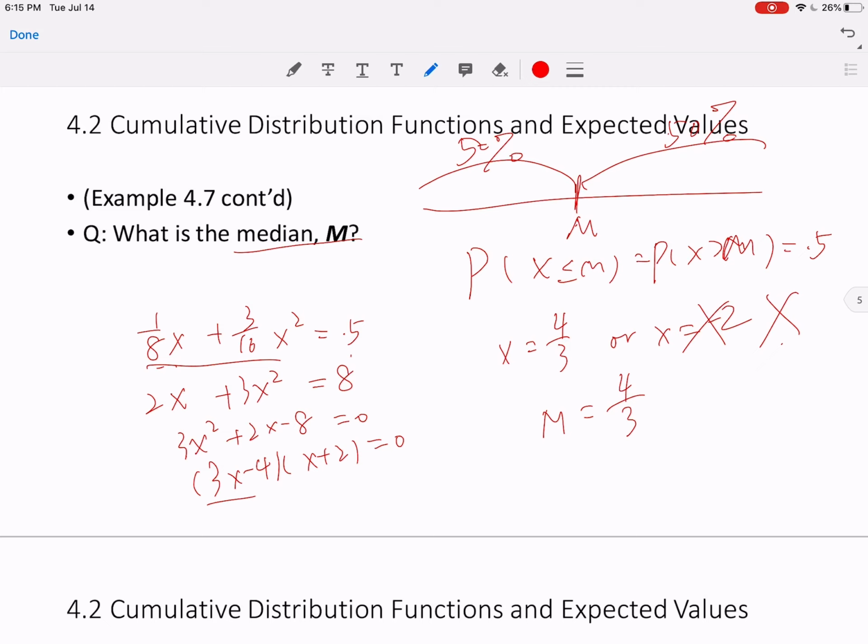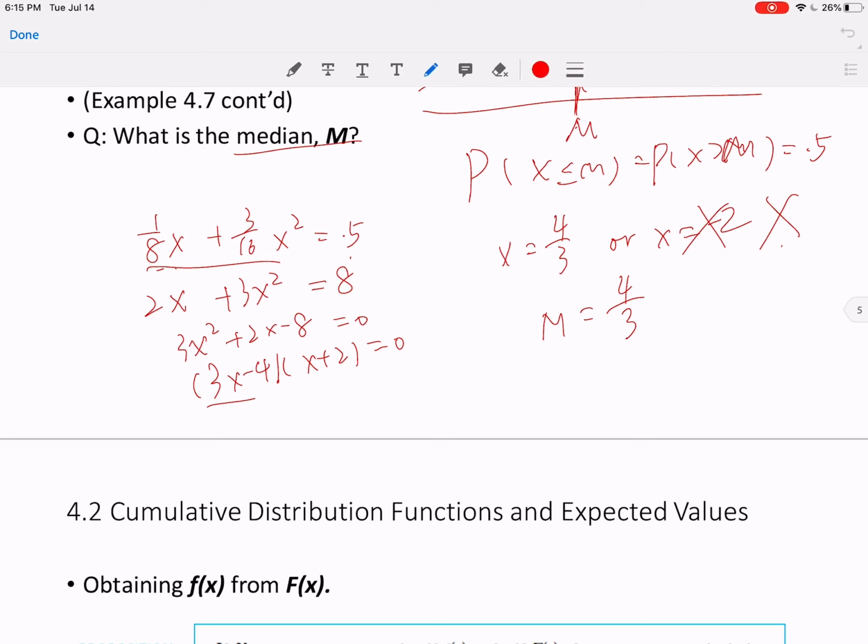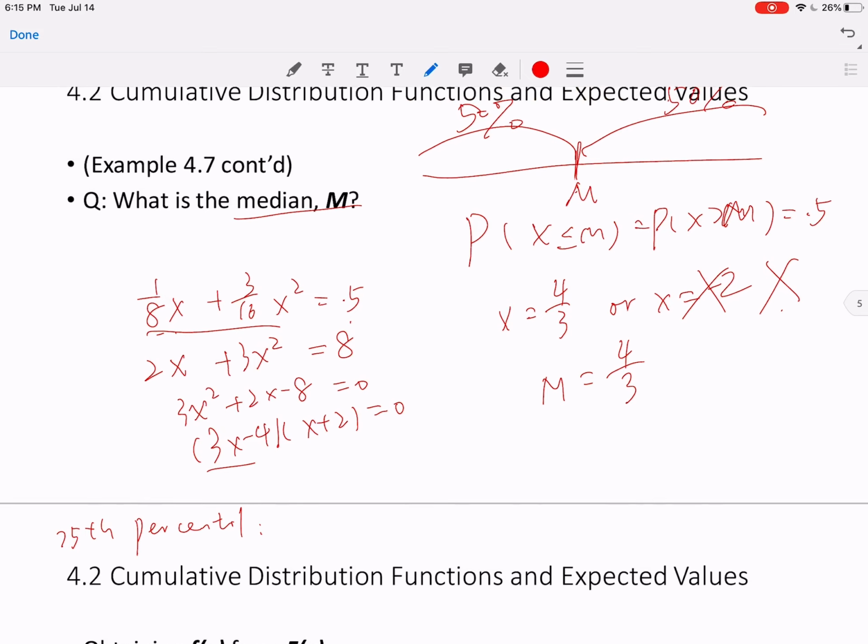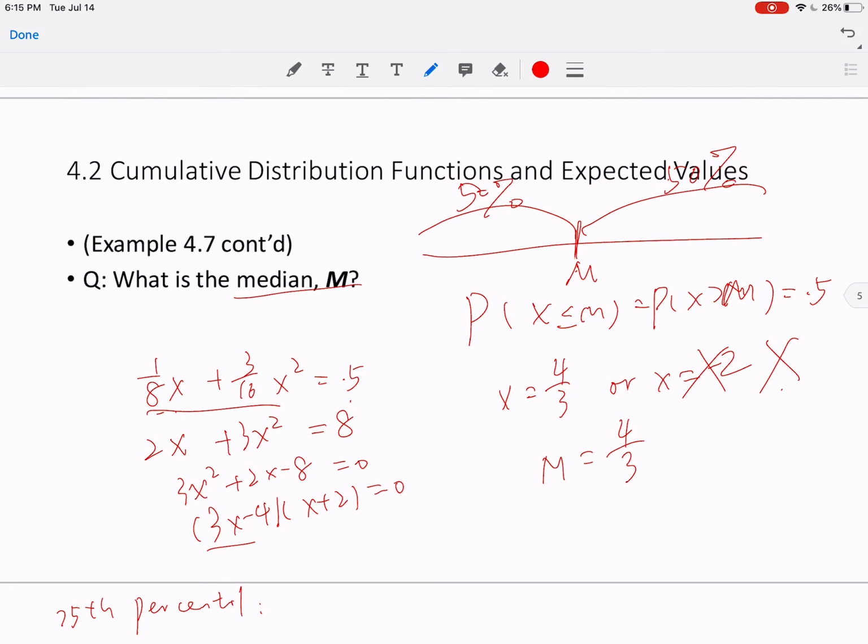Okay, so that's how to find the median, and you will definitely see something like this in the homework set. Similarly, what if I want you to find the 75th percentile? So let's take a look at what the 75th percentile is. Based on what we learned in the previous chapters, we know that